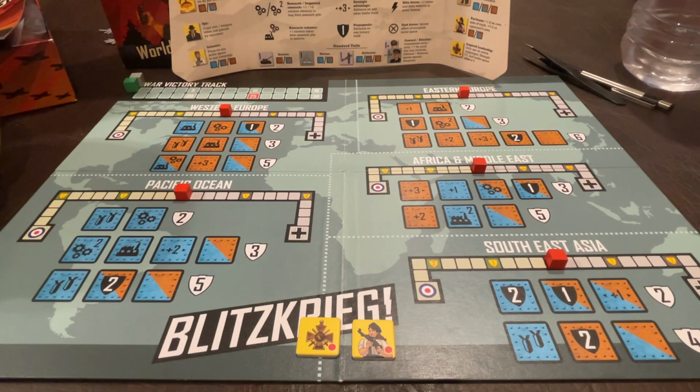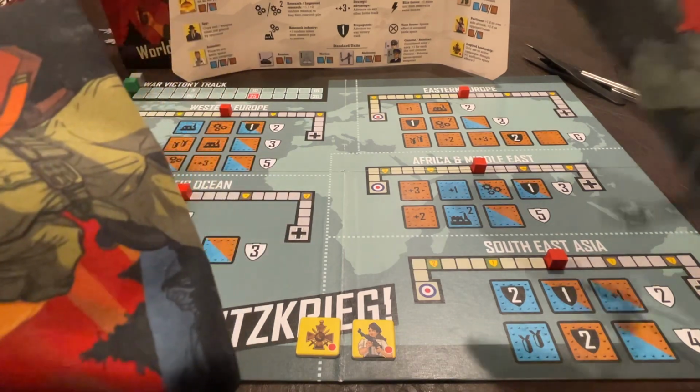Tonight we're going to do a playthrough of Paolo Mori's Blitzkrieg. We're going to try to play it relatively quickly. I'm not going to explain things as I go along. I'm just going to narrate what is happening and try to see if we can actually do this in 20 minutes. Before we get started, though, I have already double-checked to make sure we've got the right amount of armies